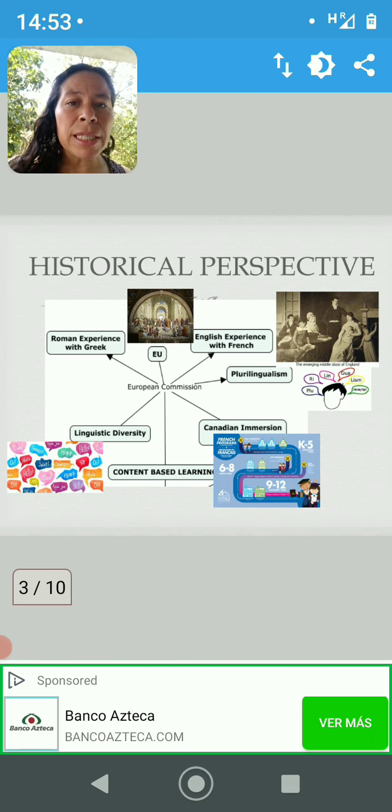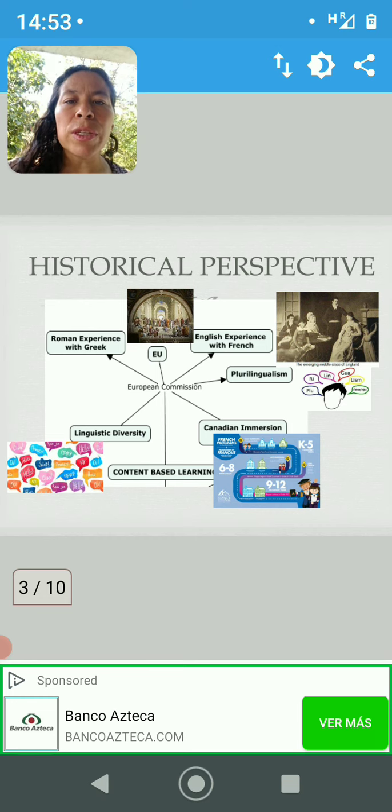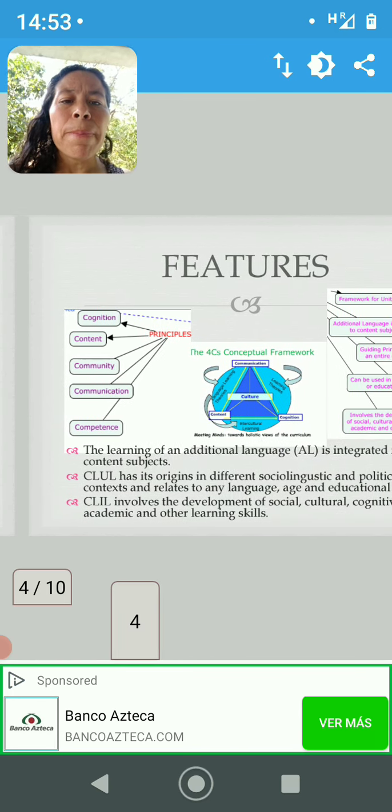Then during the Norman times, the English society took French as the main language of literature and arts. And in the modern era, there was a need for the Canadian community and also for the European Union to integrate several languages into their curriculum, because they required these several languages at the same time,